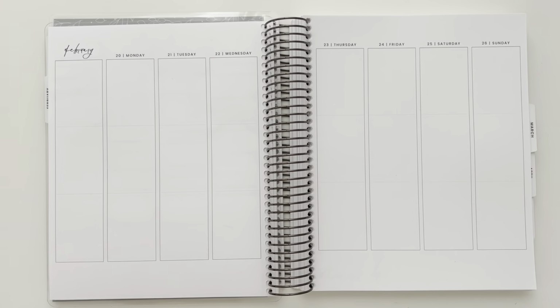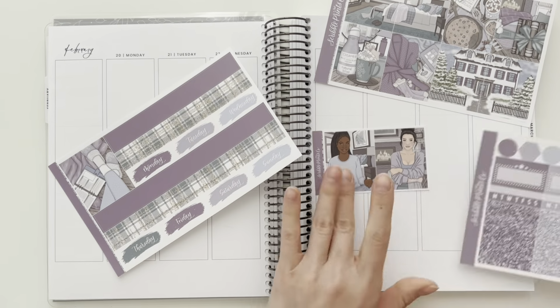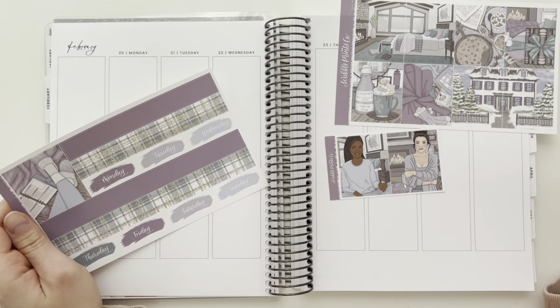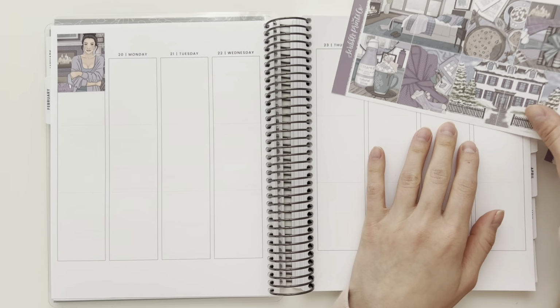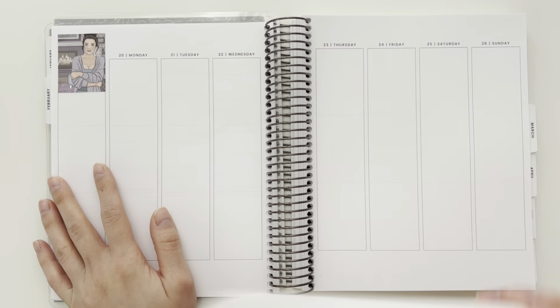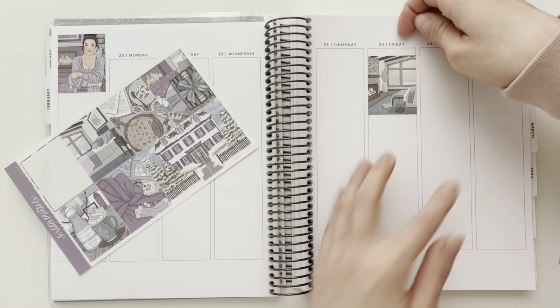This week I'm planning from February 20th to the 26th, and I'm using this kit from Scribble Prints Co. called Cozy Up. I just felt like this week was probably my last opportunity to use one of my wintry, cozy, cold weather themed kits, so I definitely wanted to do it. Just nothing really happened this week that warranted a specially themed kit, and